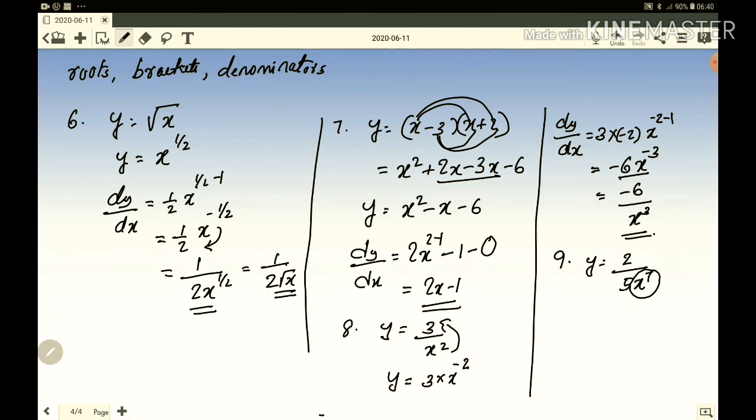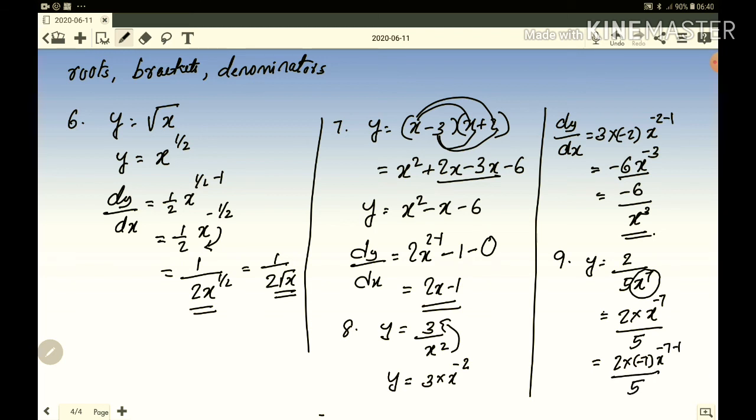You understand? That is why I'm doing this question also, because some learners make a mistake. They will take the 5 also up. That is wrong. Only x will go up. That is 2 times, the 2 is already there in the numerator. Then x to the power 7 will go up. That is going to be x to the power minus 7. And leave the 5 as it is. It's part of the coefficient. Just leave it. Don't do anything with the coefficient. You understand? Only x and the power will be differentiated. Clear? So now I'm going to differentiate. So it's going to be 2 times minus 7 x to the power minus 7 minus 1 divided by 5.